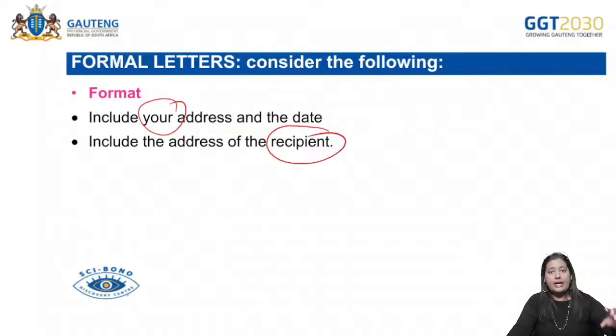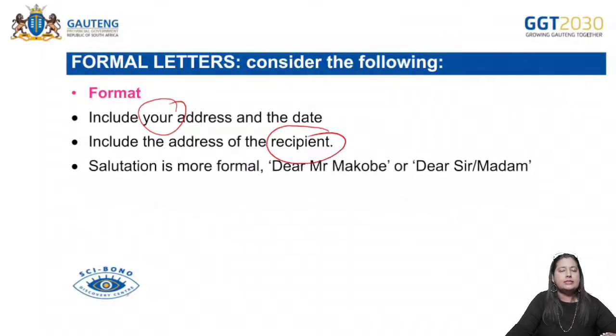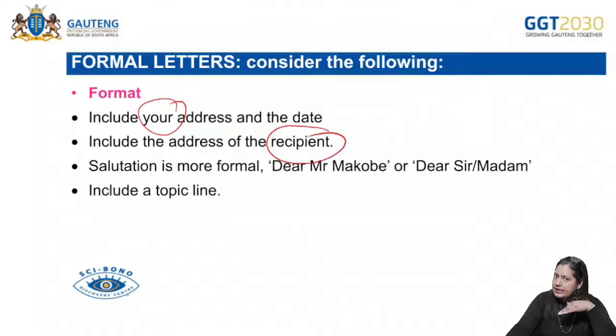Okay, and then that is the second address. So you've got two addresses and the date already included. After that, you're going to leave a line, obviously, and then you're going to include the salutation, where you're going to obviously be formal, and you're going to say, for example, Dear Mr. Mokobe or Sir, Madam, okay, that you're going to then write to. And then again, leave the line, and then you're going to write the reason for that letter that you are